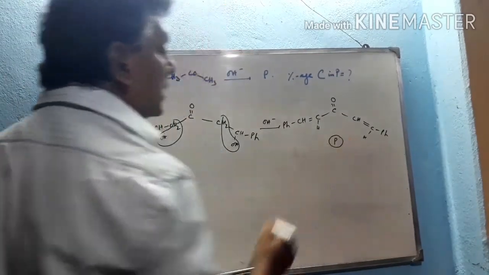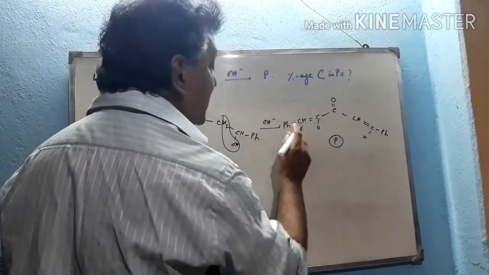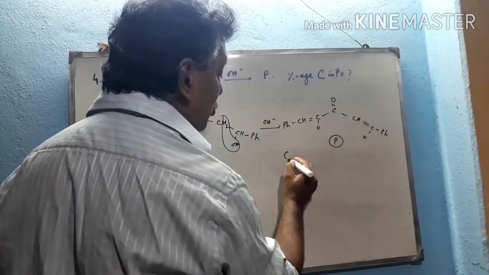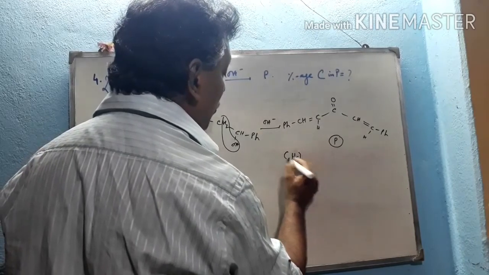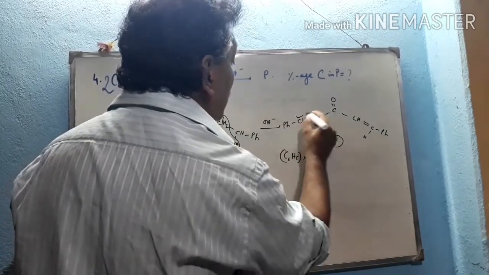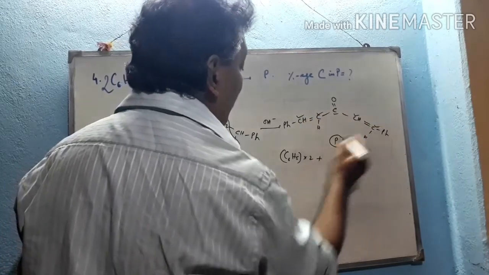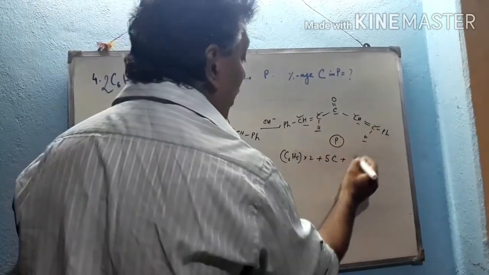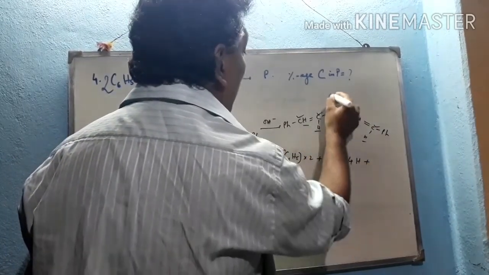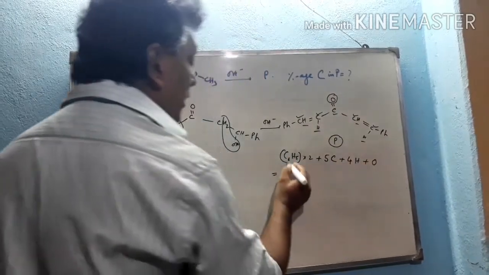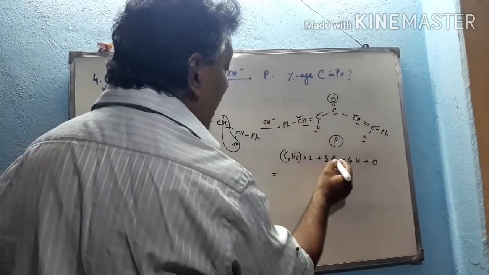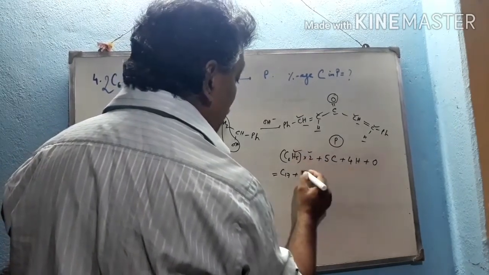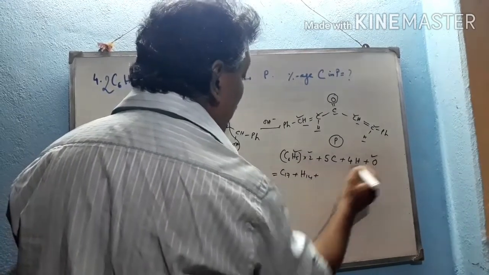So we have to find out the percentage carbon in this compound. Ph means C6H5, so there are 2 of Ph, that means C6H5 into 2, plus 2, 3, 4, 5 carbon, plus 1, 2, 3, 4 hydrogen, plus only one oxygen atom. Therefore total C12 plus 5 C, that means C17, hydrogen 10 plus 4, that is H14, plus only one oxygen atom.